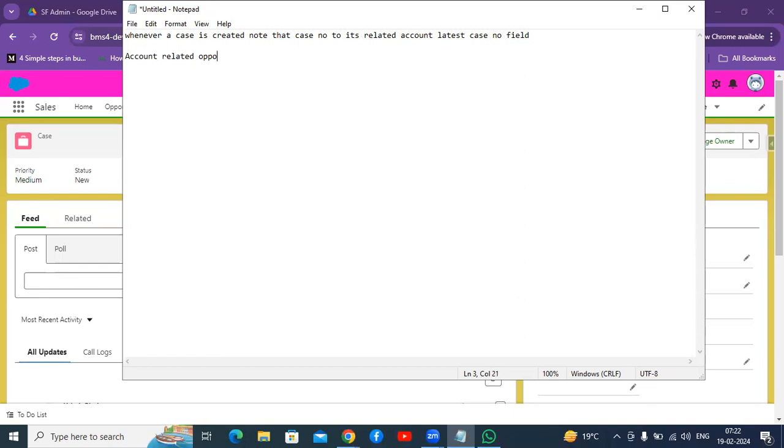Like cases, accounts will be having related opportunities as well. If any opportunity record is created under an account, we have to capture